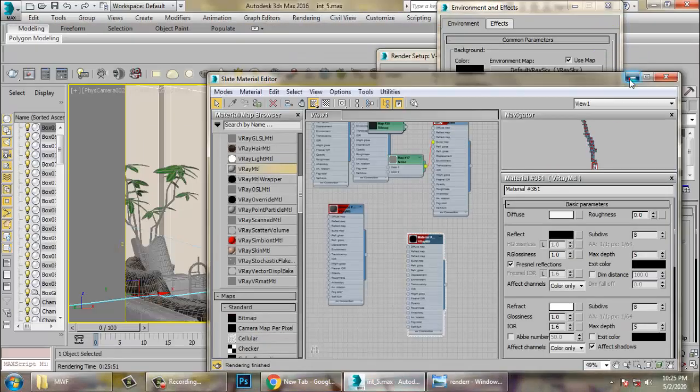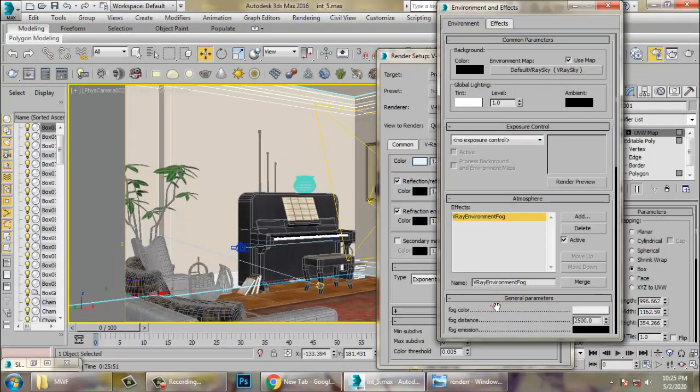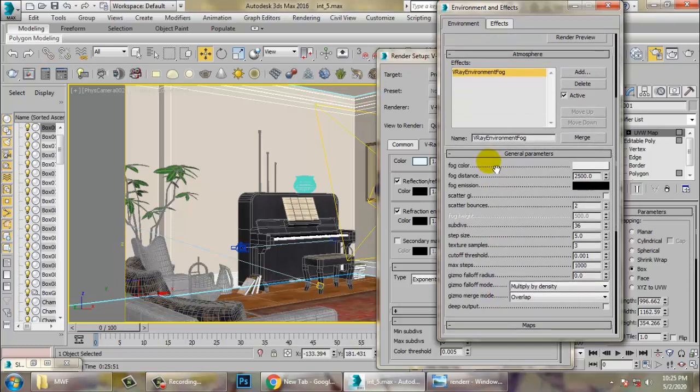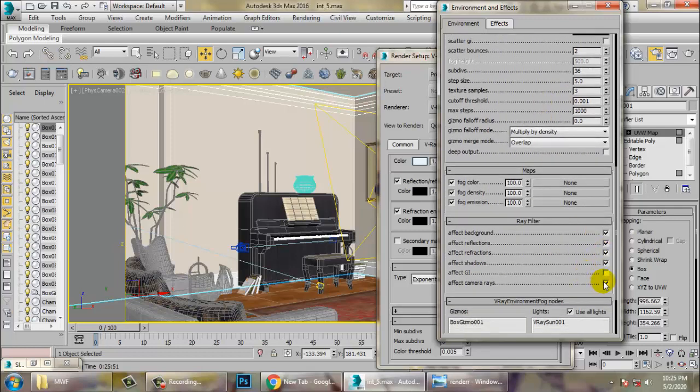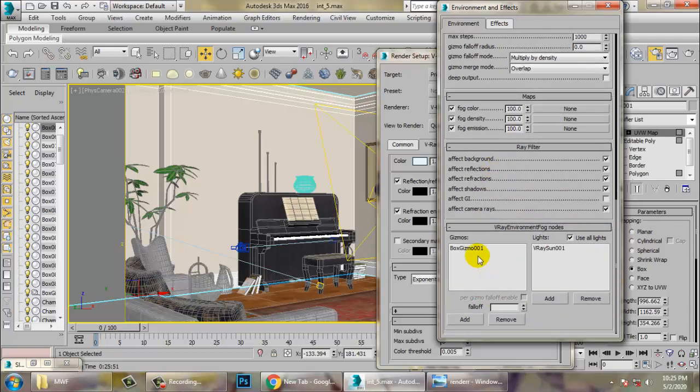So these are the settings which we have generated over here. As I told you, in this VRay environmental fog, we have worked with the fog distance, scatter bounds, subdivisions, step size, texture samples, all these things. Also, we have deactivated the affect GI option over here, and the gizmo and light, where we have selected a V-Ray sun.